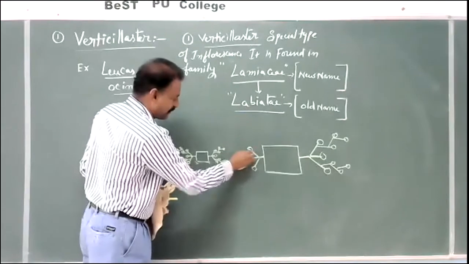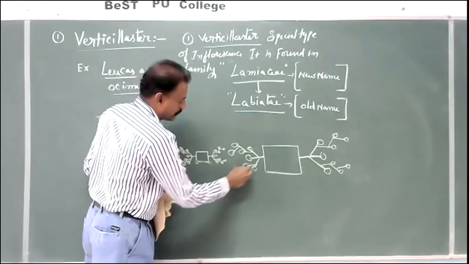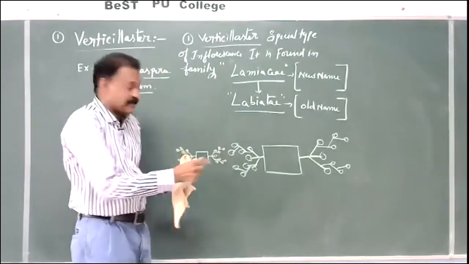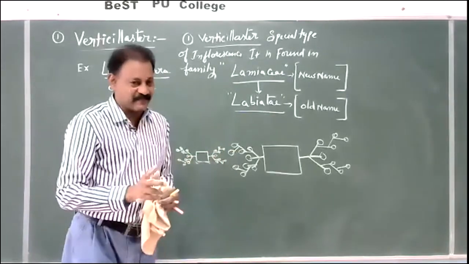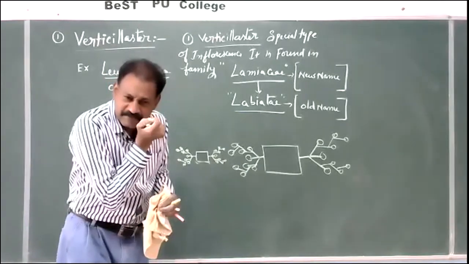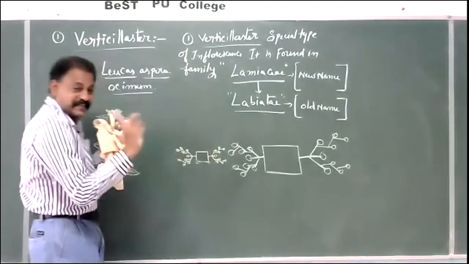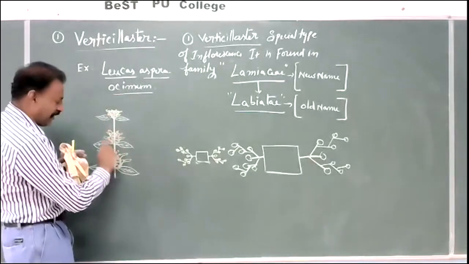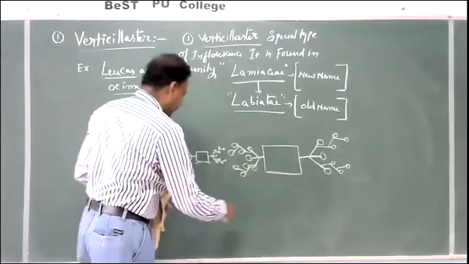So here, the flowers are sessile or subsessile. Sessile means there is no pedicel. Maybe a small amount of pedicel is present. Because of this, they look like a crowded structure around the node, here and here. This type of structure, initially dichasial,